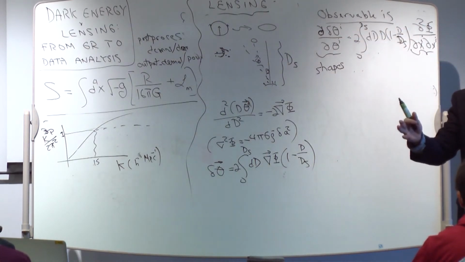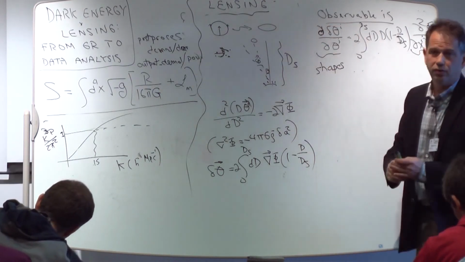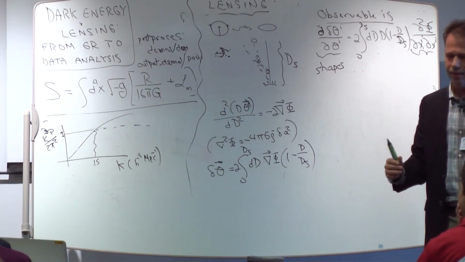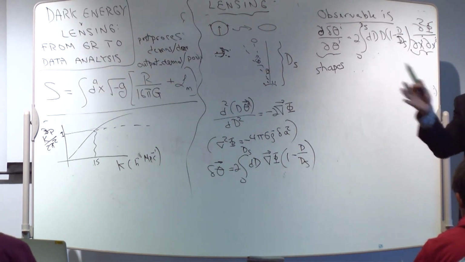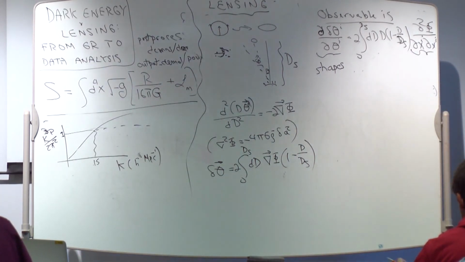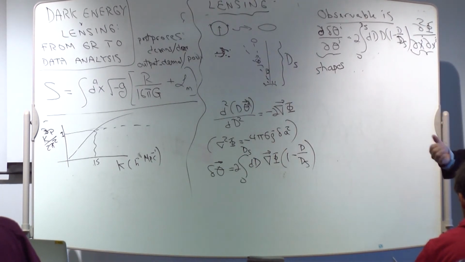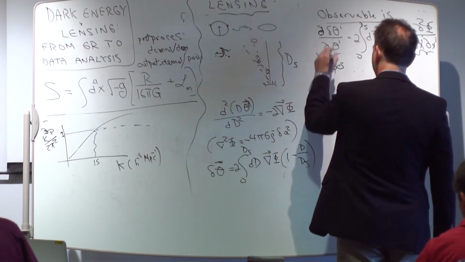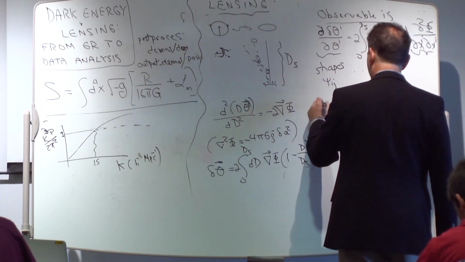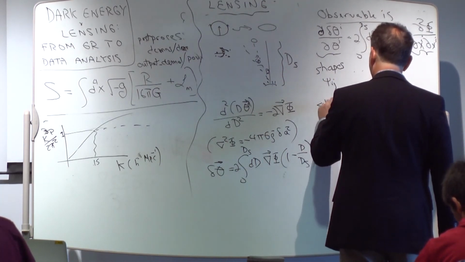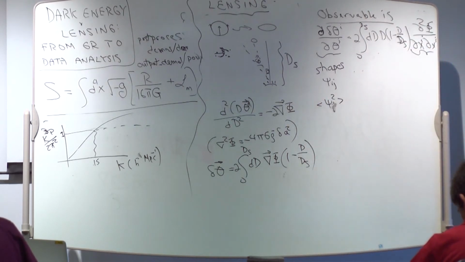Now I'd like to ask you a question. This is your second exercise. On average, this deflection angle and variation are going to obviously vanish over the whole universe because the gravitational potential is fluctuating, up and down, up and down. But again, what we're going to make our money off is the variance. So what is the variance of this thing? Let's call this whole thing the distortion tensor, say. So what is the variance, or the RMS, forget about the indices, they're not important. What is the variance of this thing?